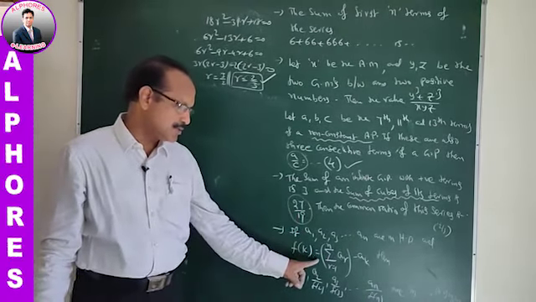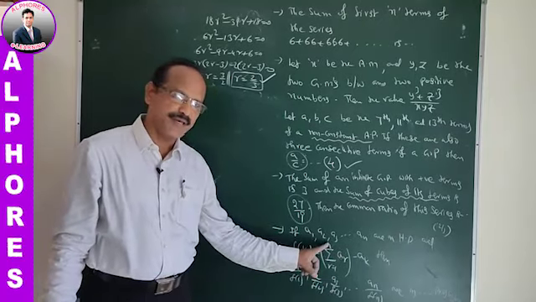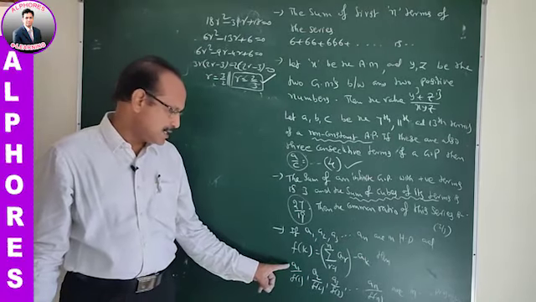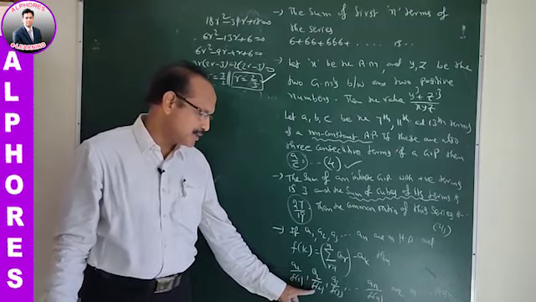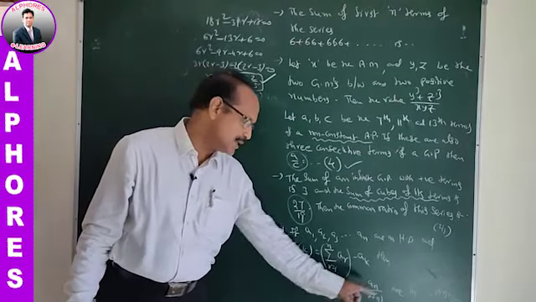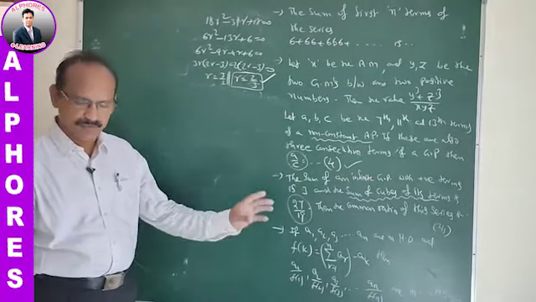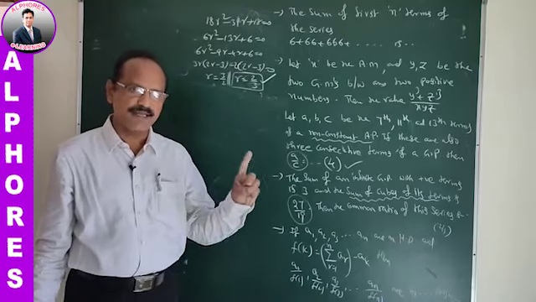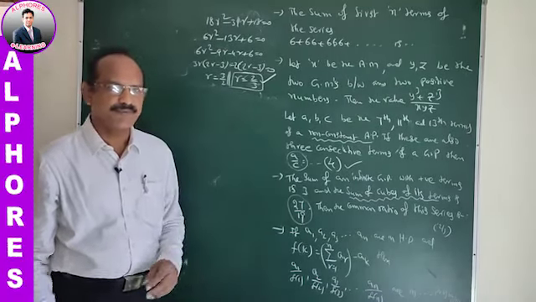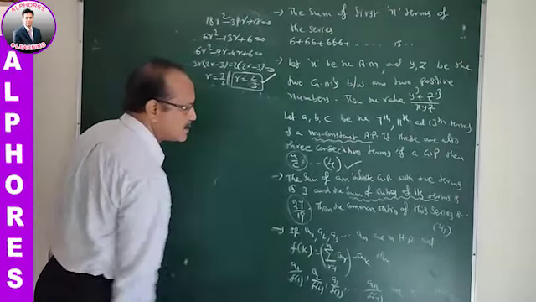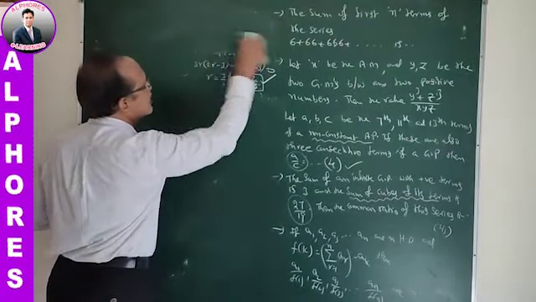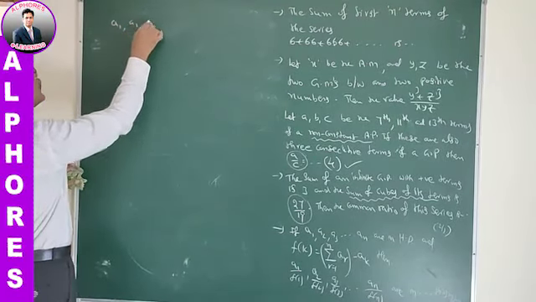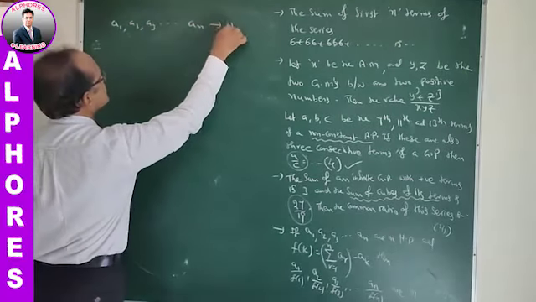And f of k is equal to sigma r from 1 to n minus ak. This is the f of k function value. Then you have to calculate a1 by f of 1, a2 by f of 2, a3 by f of 3, so on, an by f of n. This sequence is in which progression, that is, either arithmetic or geometric or harmonic. Check it. Given a1, a2, a3, up to an are in harmonic progression.